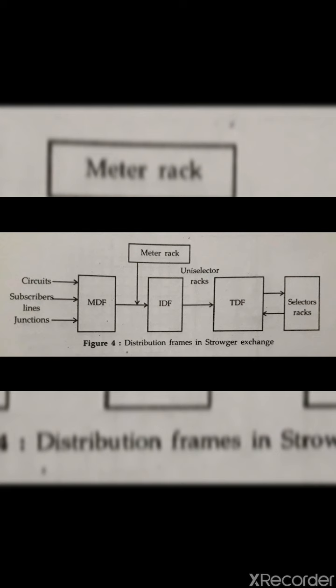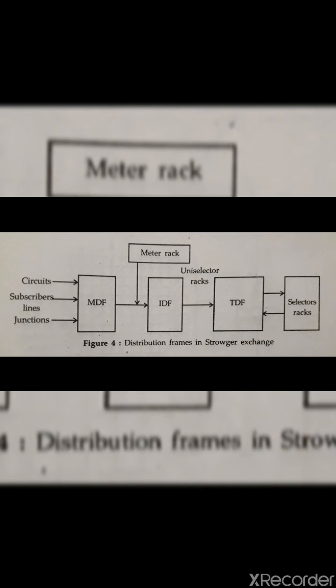Modern systems provide directory number to equipment number, that is DN to EN, translation, in order to enable customer incoming traffic to be redistributed in addition to their outgoing traffic. Between the selectors there are trunk distribution frames, that is TDF. If additional selectors are needed at any switching stage, these can be accommodated by arranging connections in a TDF.